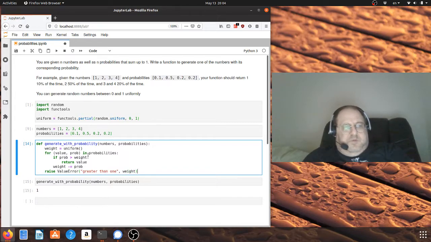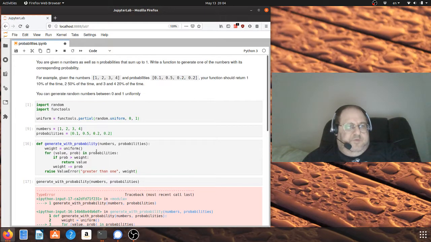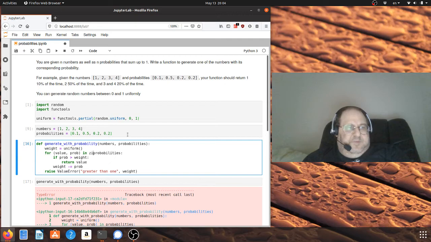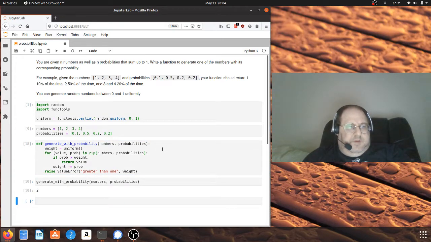This is mostly defensive coding because this should never happen, it's one or bigger, but in case we made a mistake. And of course this needs to be zip of numbers, probabilities. And if we run it again,